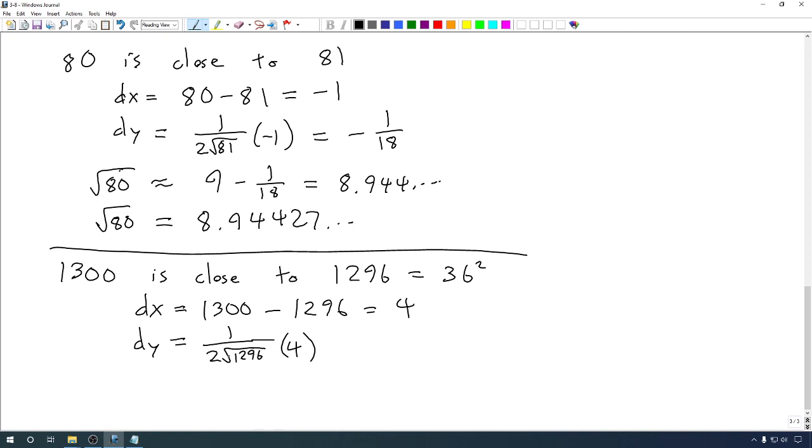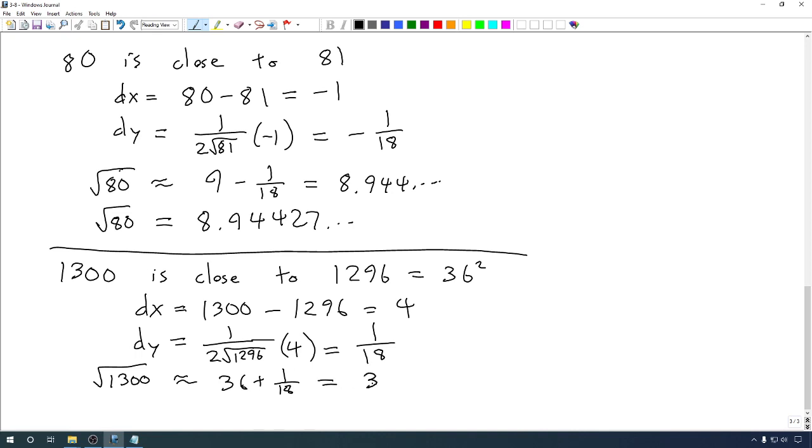One of the 2's cancels out that 2. The other 2 cancels out one from the 36. We end up with 1 over 18, which basically means that the square root of 1300 is approximately equal to the square root of 1296, which is 36, plus dy, which is 1 over 18,